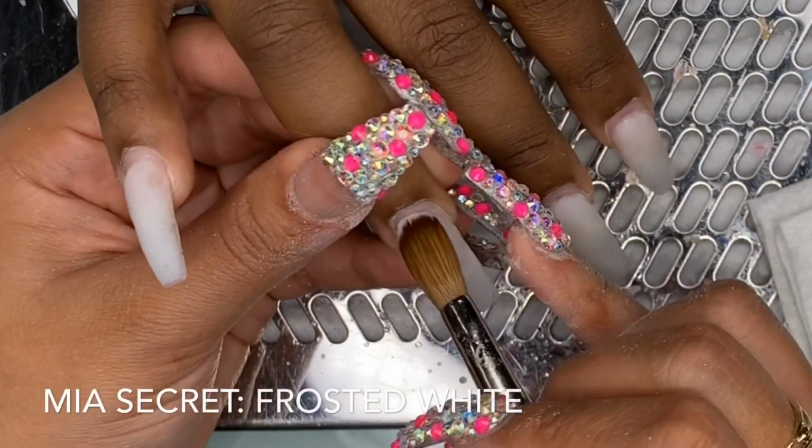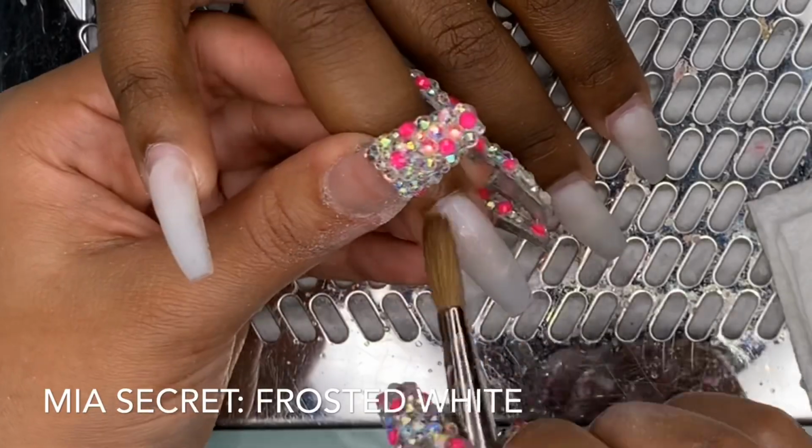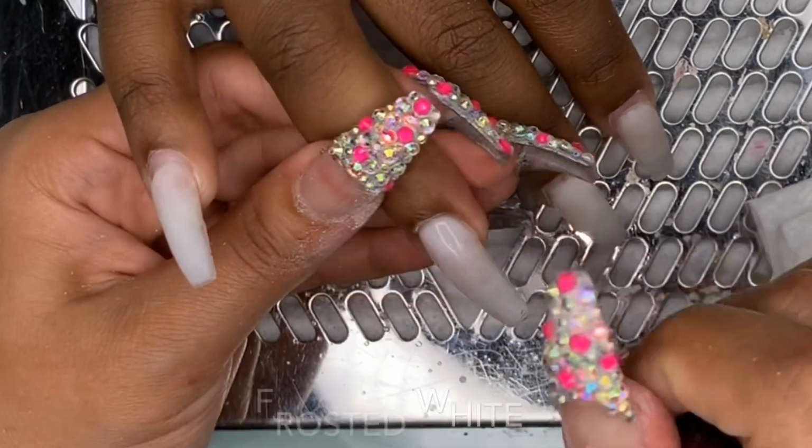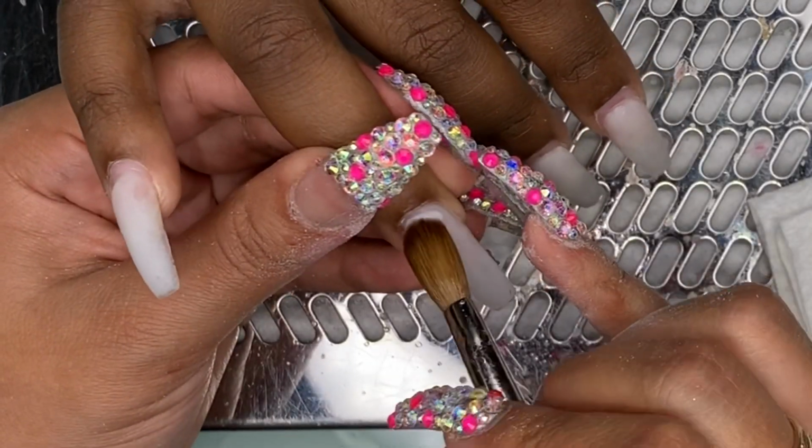And then for our acrylic, I'm going to be using that same acrylic that she already has on, which is the Mia's Secret Frosted Pink. And I add the glow in the dark powder to it, that way it glows in the dark. And then I'm going to go in with my Mia's Secret